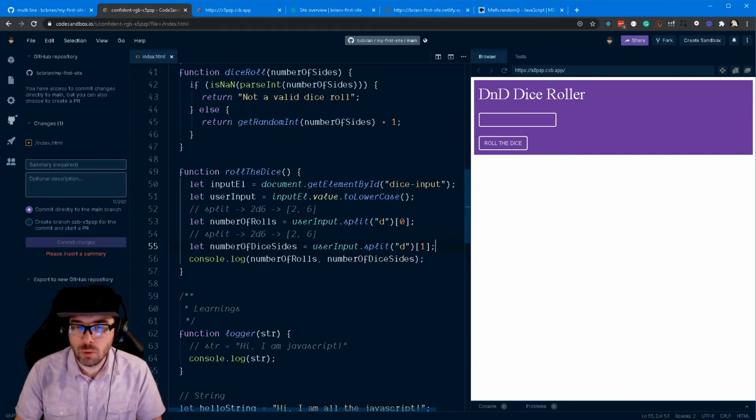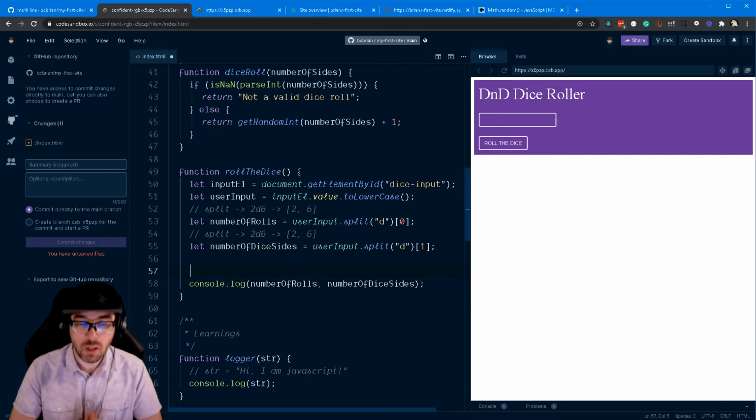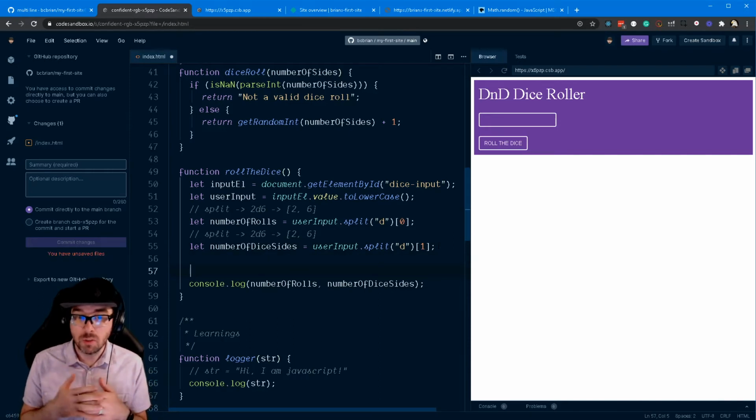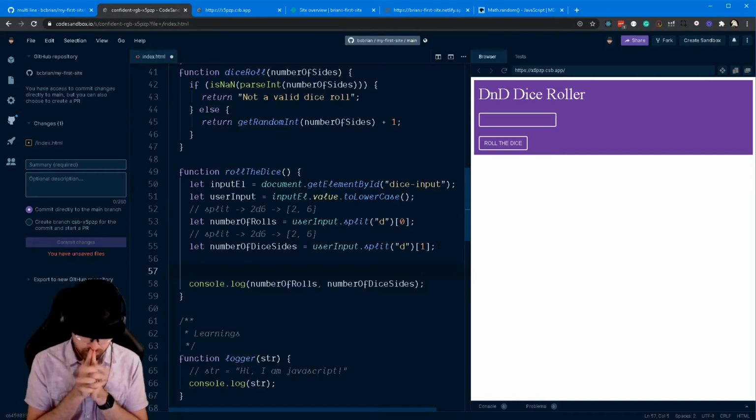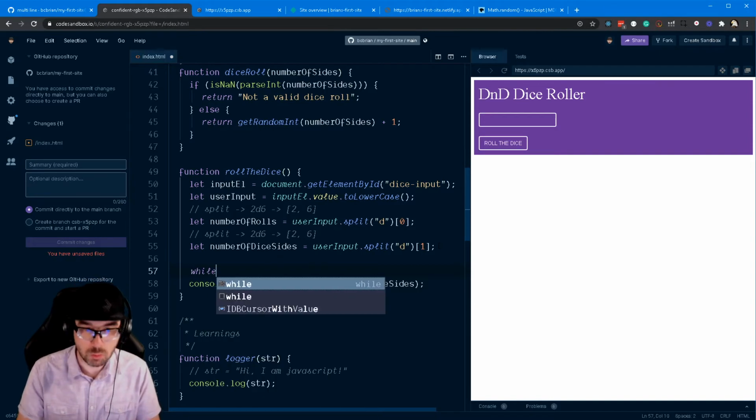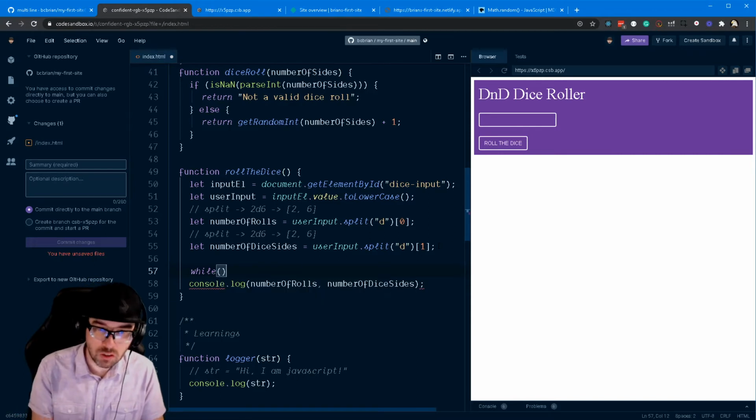So how do we do something a number of times? Well, that concept is called looping. I want to loop through and do something a number of times. And so which one to choose? There are so many different options. I think we're going to choose the easiest one for us to understand right now. And that is a while loop. So while some condition is true,